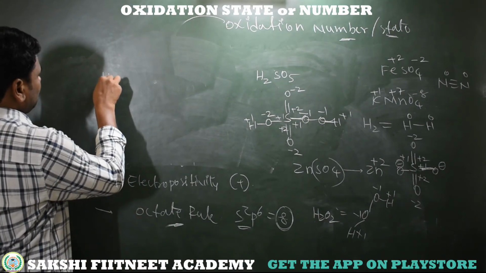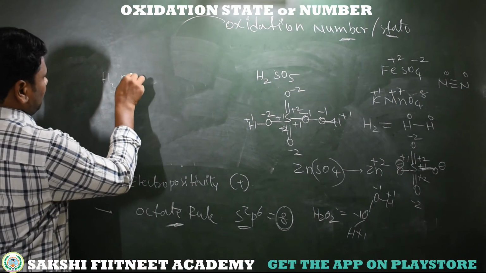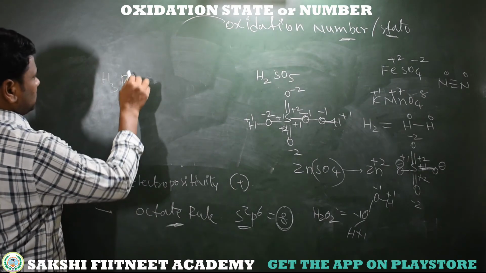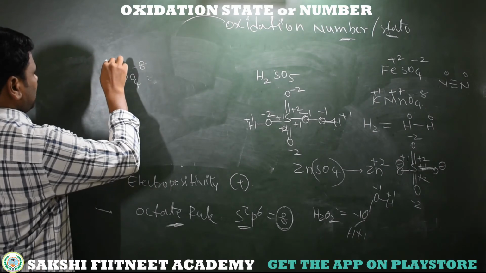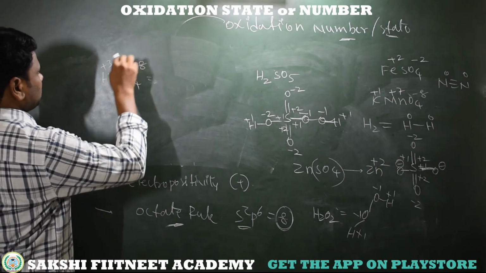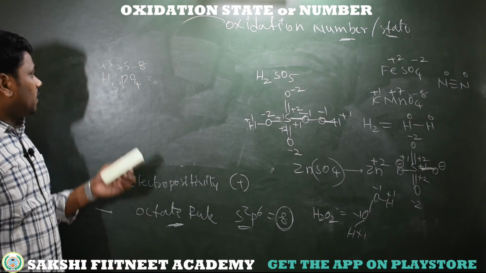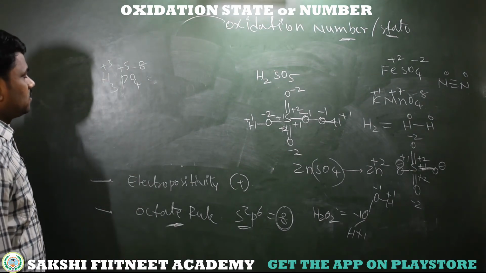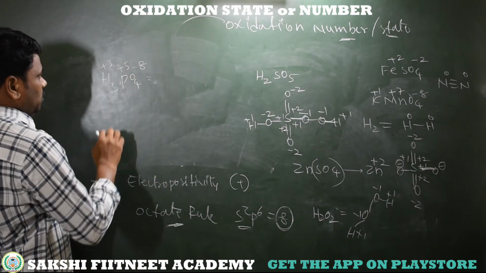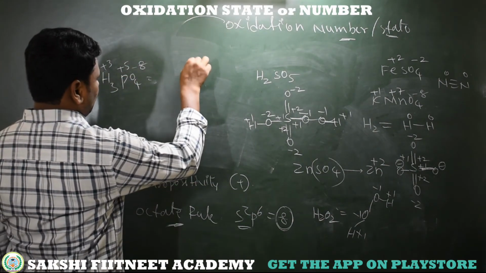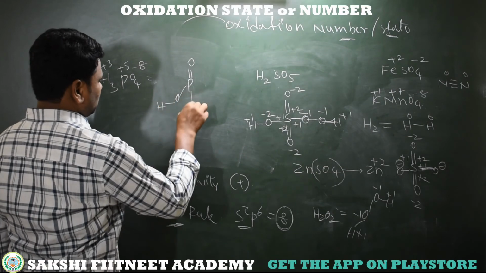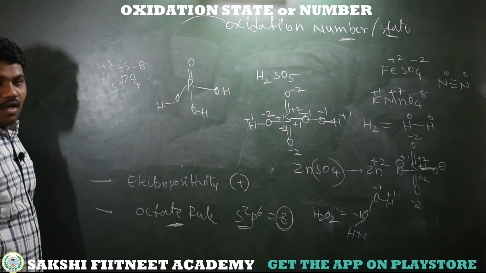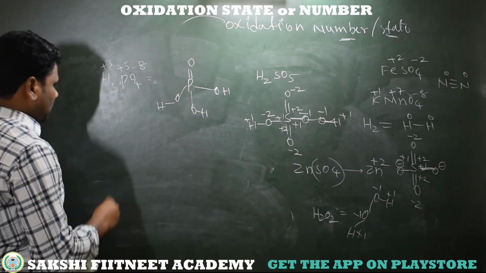So here I am taking another example. It's H3PO4. So for this -8, it's +3, and phosphorus belongs to fifth group, so we can give plus 5, plus 3, plus 5 is plus 8, minus 8. So it's a neutral compound. The structure of this compound is, this is the structure, H3PO4.